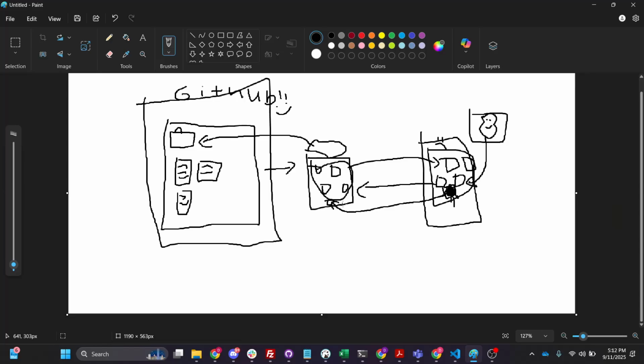Okay, and so this person still only has the basic files, like the original project. This guy pulled it, made some changes, and pushed it back to the cloud, and now if this guy wants to access Mr. Bean, the changes, he then has to pull again from this cloud. And so now he pulled from the cloud. Now he has the Mr. Bean file, and he can see the changes that were made on